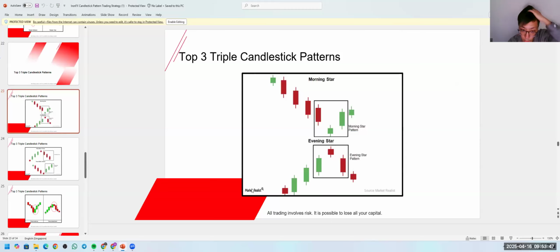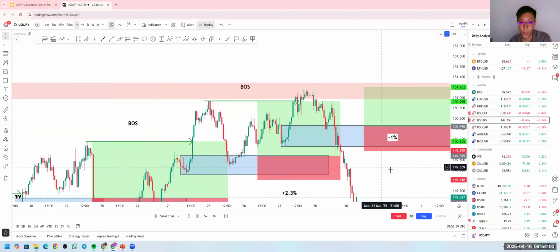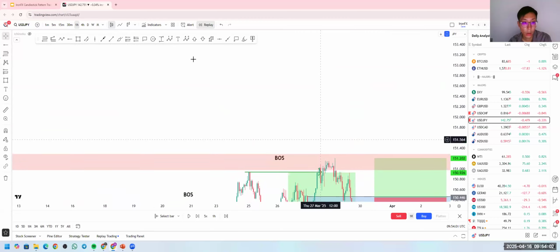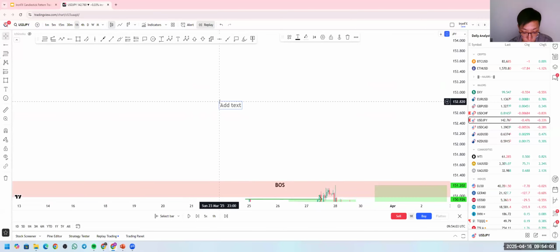They have explained all the candlestick patterns, right? So just now the ones that I mentioned were these two. Just these two patterns. First, bearish slash bullish engulfing. Second one,